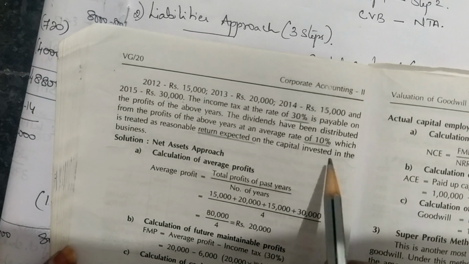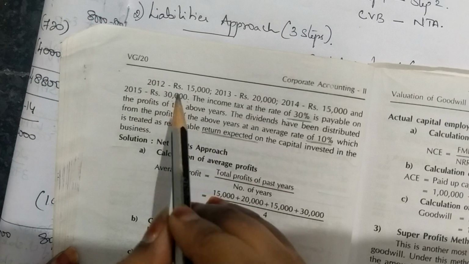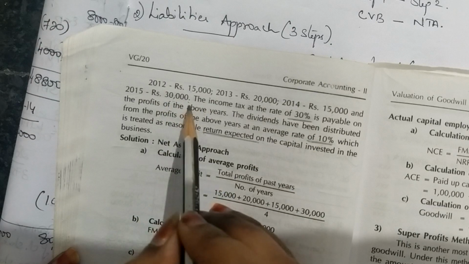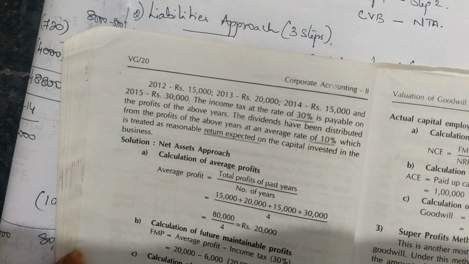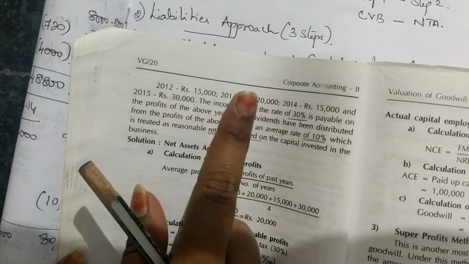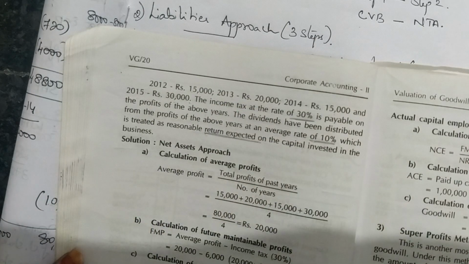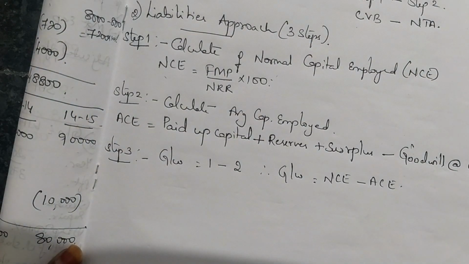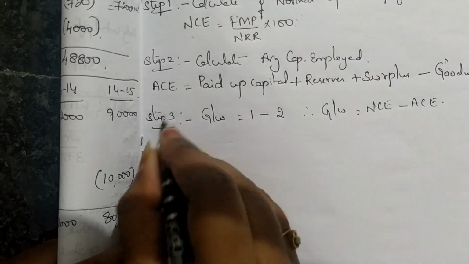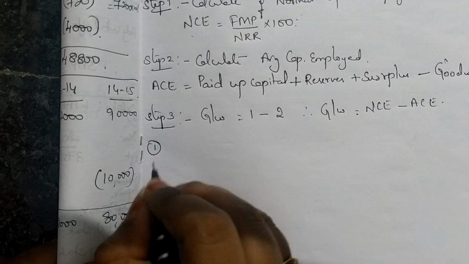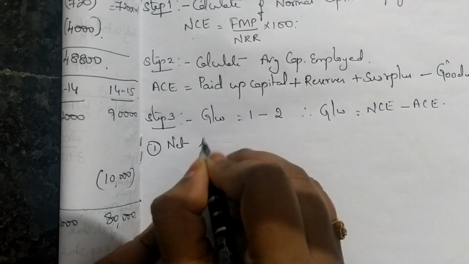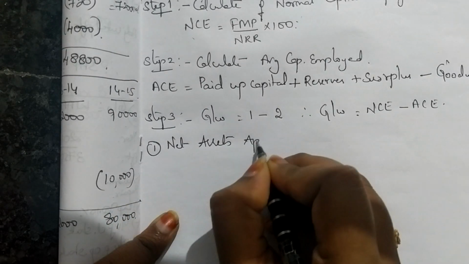So the only thing that you have to do is adjust these profits. When I say adjust, all these profits for all the years are before income tax. So you have to minus the tax and find out how much is the profit after deducting the tax. That, when you do, we call as the future maintainable profit. So let us see how you have to go ahead with that. Under the capitalization method, this is the first problem, and I am first starting off with my net assets method or net assets approach,